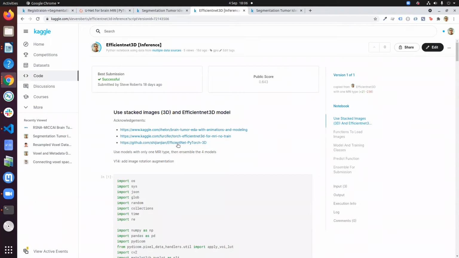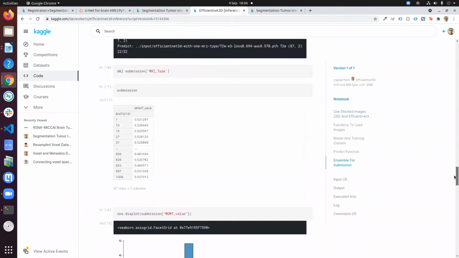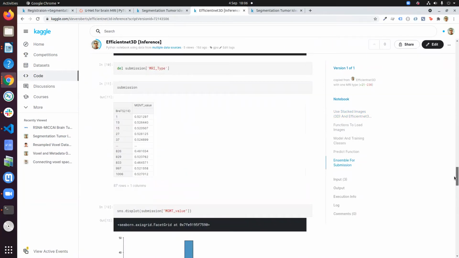It uses this EfficientNet 3D thing. It gets about a 0.64 or something. He makes 4 different models and then ensembles them, and joins them together. So what I found was,